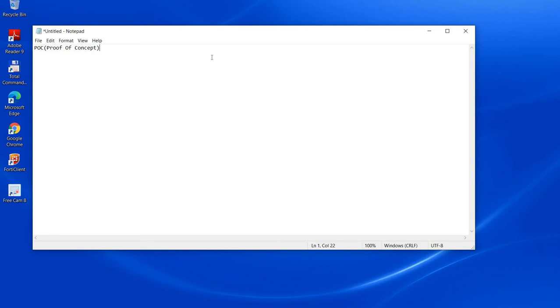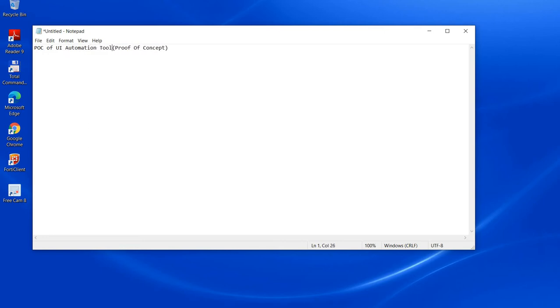So for automating those UI test cases, you need to choose a tool. Okay, so we are going to talk about the POC of, I'll be specific here, a UI automation tool.